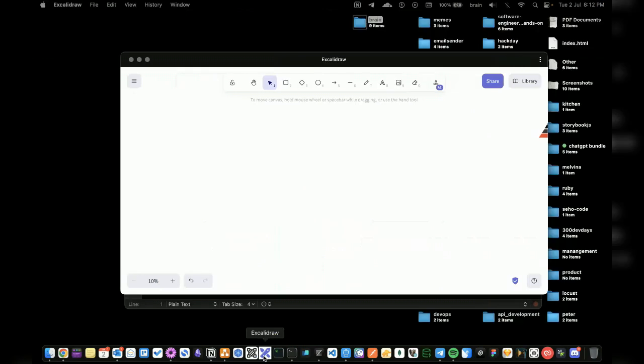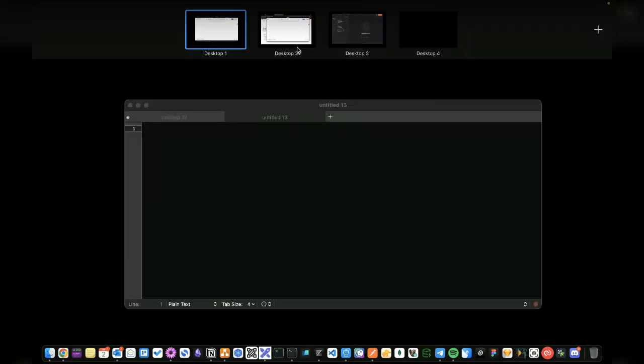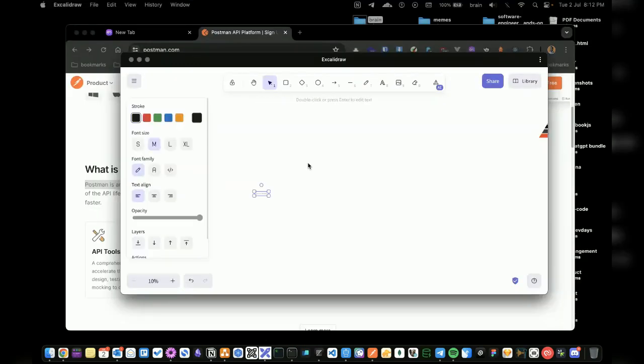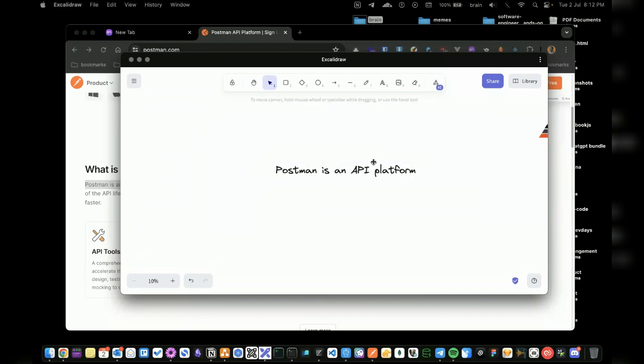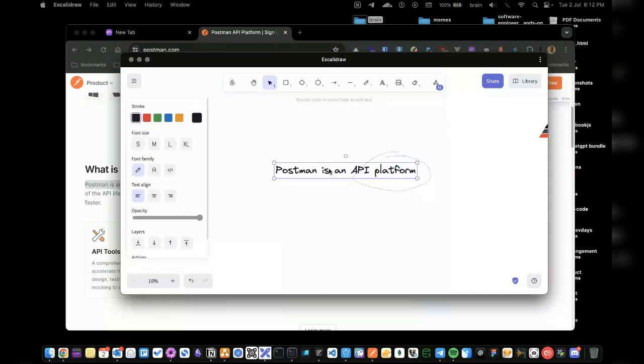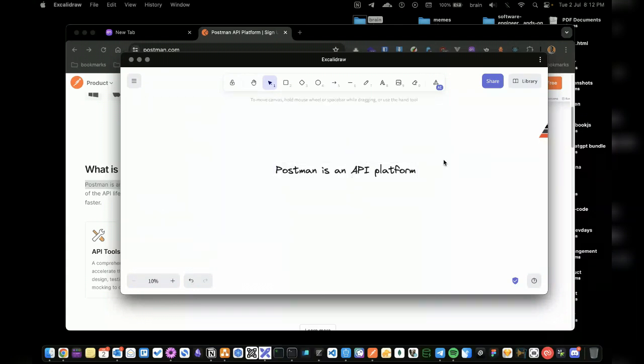Let's bring this back here so I write some things. Postman is an API platform. When you say something is an API platform, it means it does way more than just build. You use it for testing, you use it for mocking, and there are so many other things you can use it for.